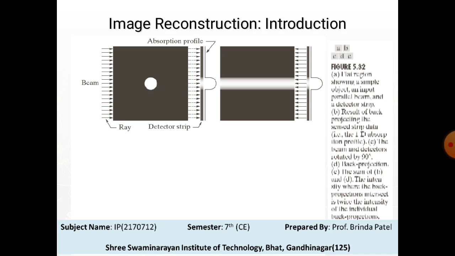So here is the introduction. The reconstruction problem is simple in principle and can be explained quantitatively in a straightforward way. Here, figure A consists of a single object on a uniform background. To bring physical meaning to the following explanation, suppose that this image is a cross section of a 3D region of a human body.